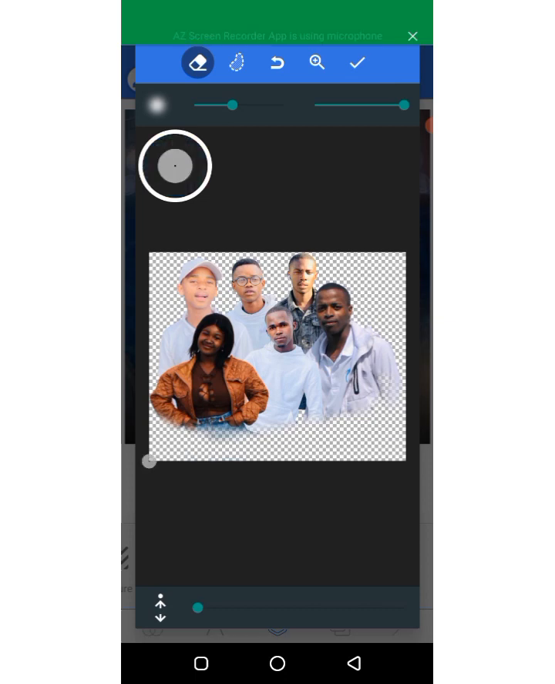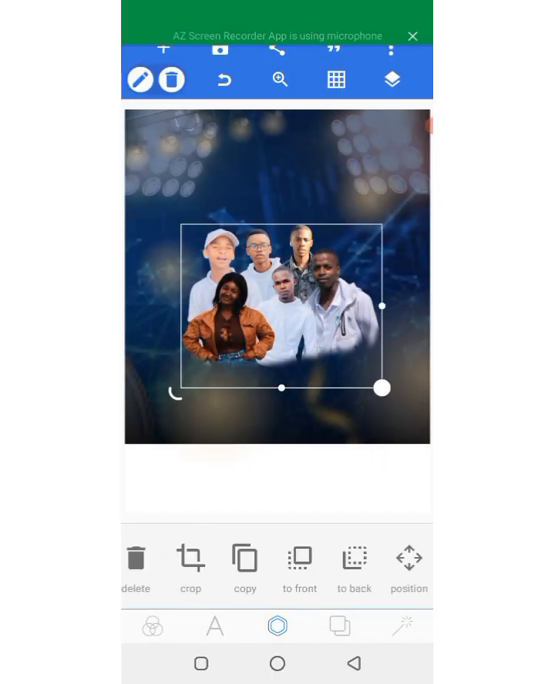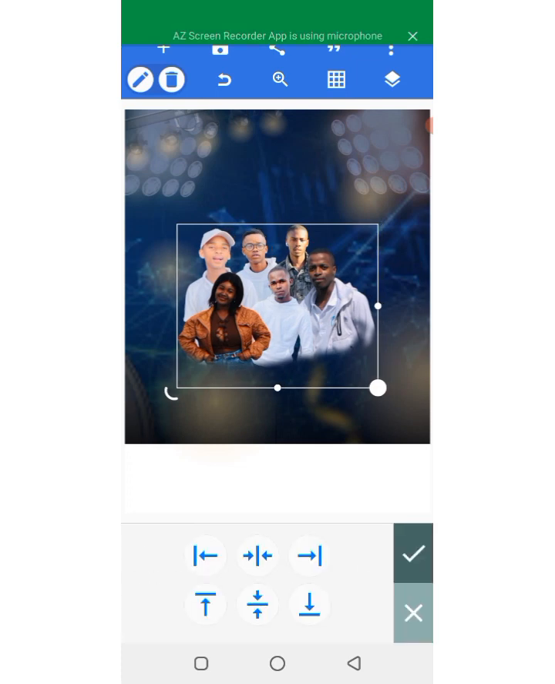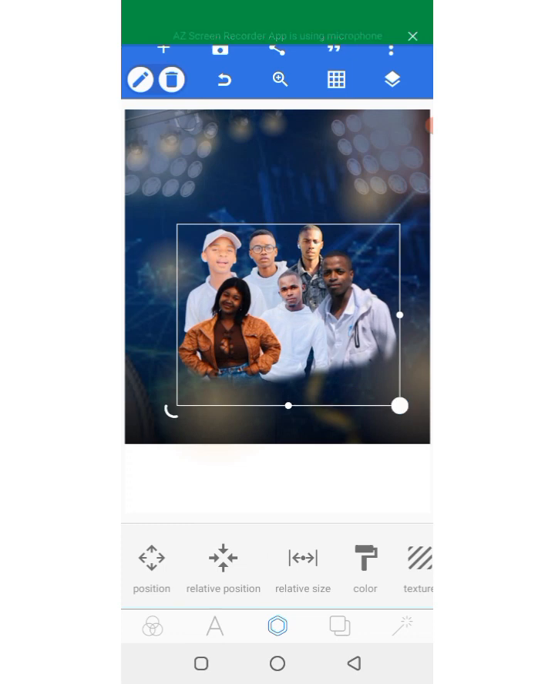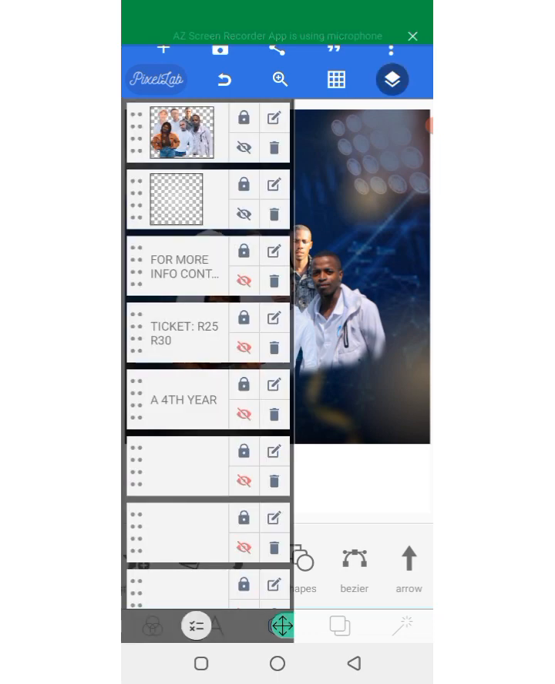Okay, so this is cool now. You see what we've got. Then come to relative position and click on center. Increase it a little bit. Click on center also. So this is cool now. We've gotten the picture now. So we'll start unlocking. First of all, start with the